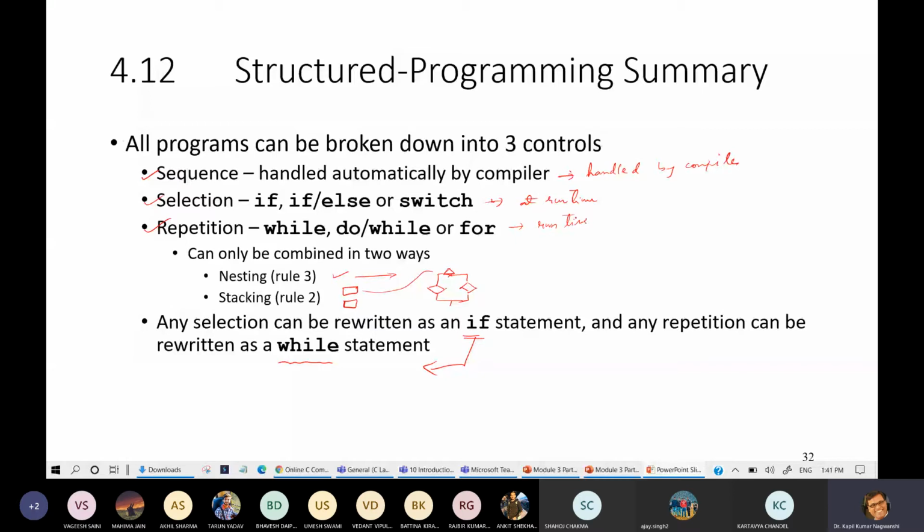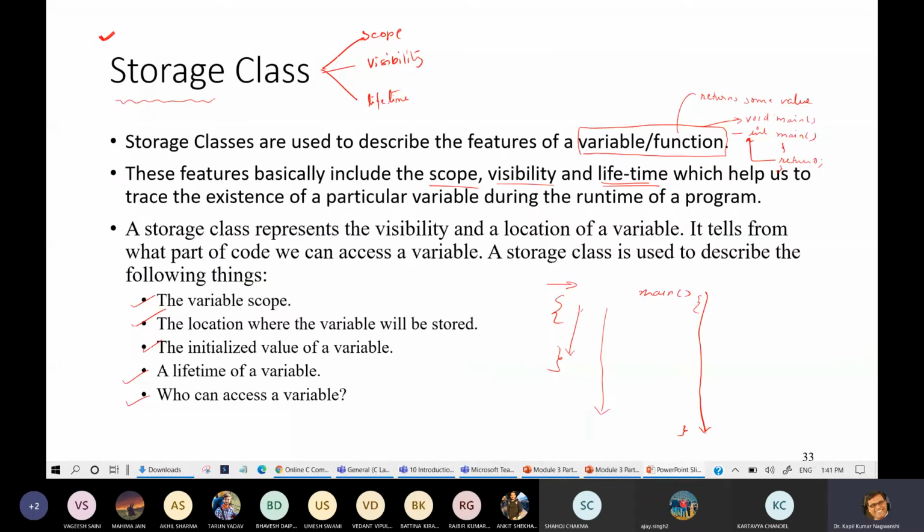Whatever the user is providing as input can only be combined in 2 ways: nesting by rule 3 and stacking. Stacking means a single action can be converted into multiple actions. So this is known as stacking. Any selection can be written as an if statement, and any repetition can be rewritten as a while statement. So this is another point for structured programming.